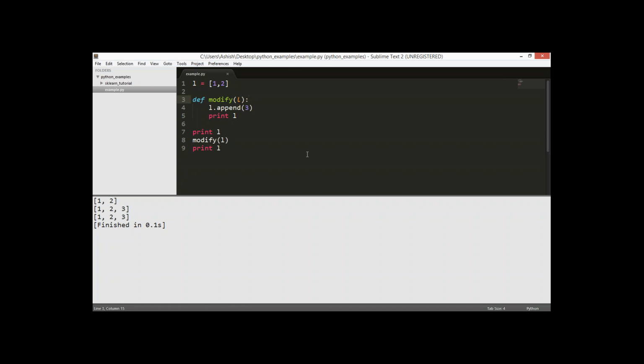Such functions are called modifiers, and that happens because all the objects are passed by reference by default. As soon as you assign the reference to some other variable, that reference is lost, and now you'll be getting 1 2, then 1 2 3,